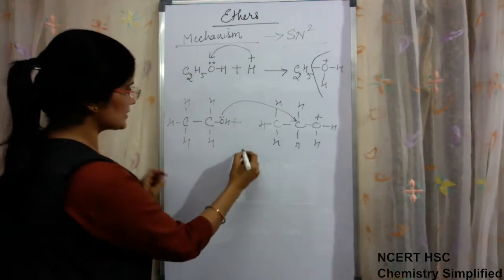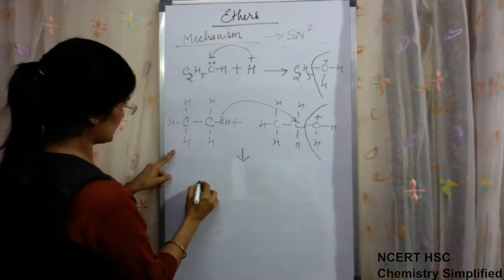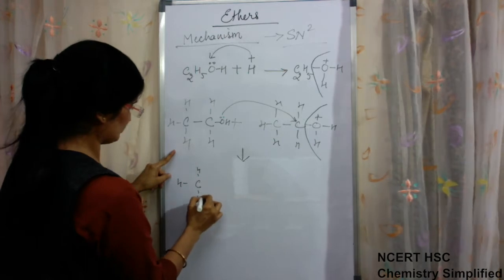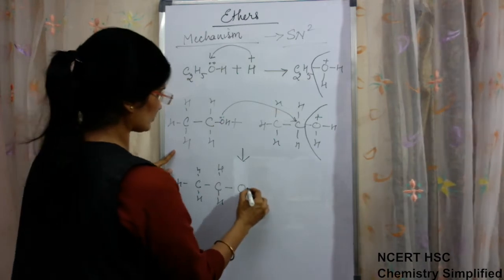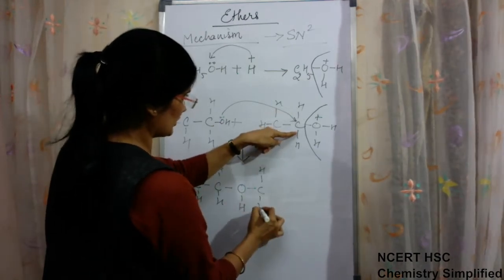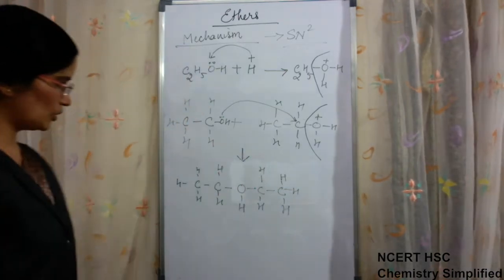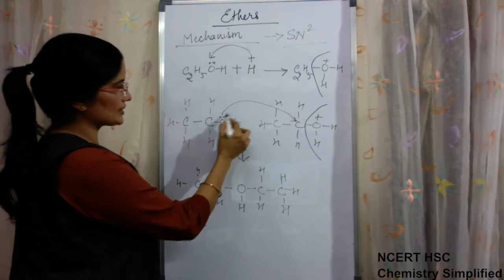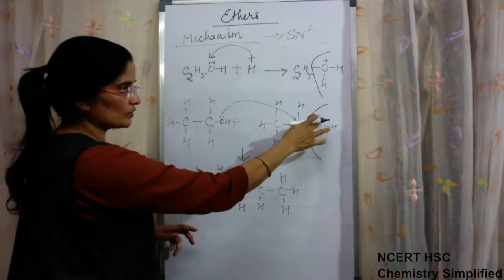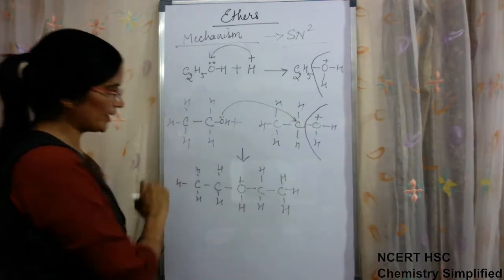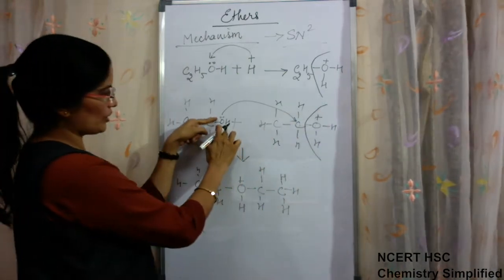Okay. So in the next step, this is removed, taking the bond with it, and the structure is written as C, H, H, C, H, H, O, H, C, H and H, C, H and H. Now because this oxygen has given its electron to neutralize its positive charge, which it has acquired because of this O, this O will now acquire positive charge. So finally this is lost and this O has acquired positive charge.